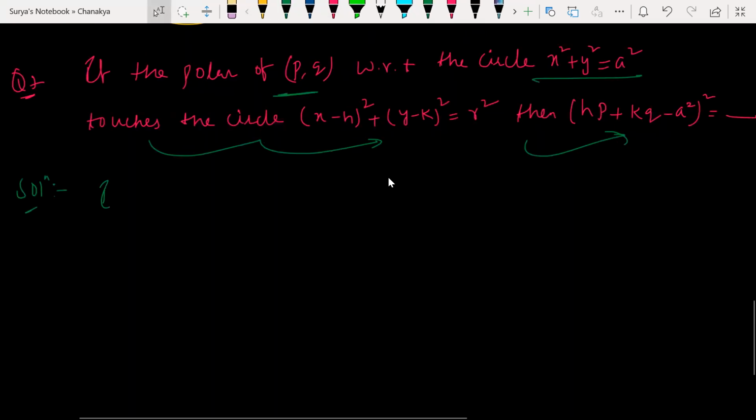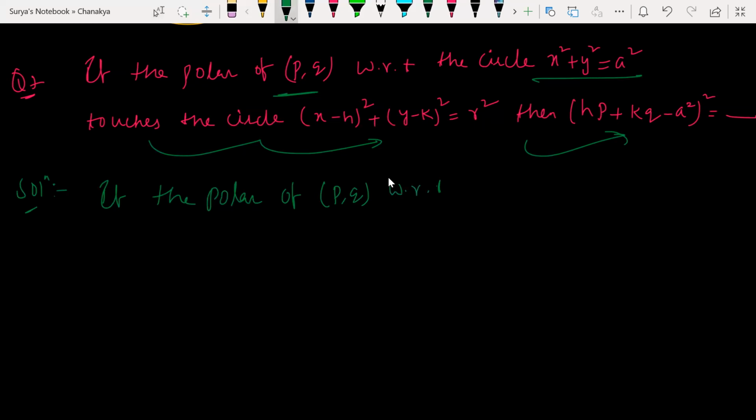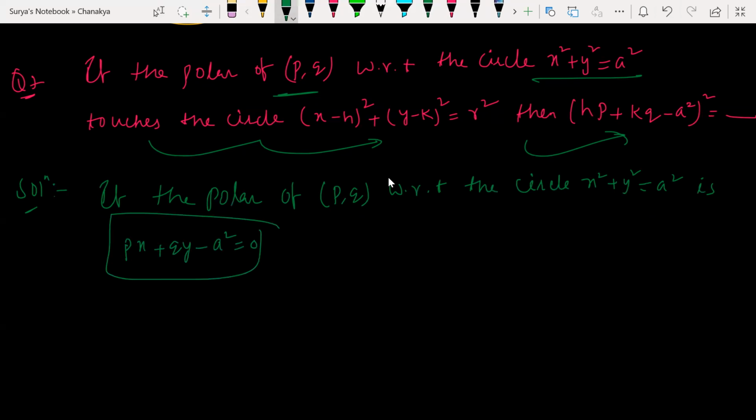Look at this: the polar of P comma Q with respect to the circle x square plus y square is equal to a square is px plus qy minus a square is equal to 0. Why? Since